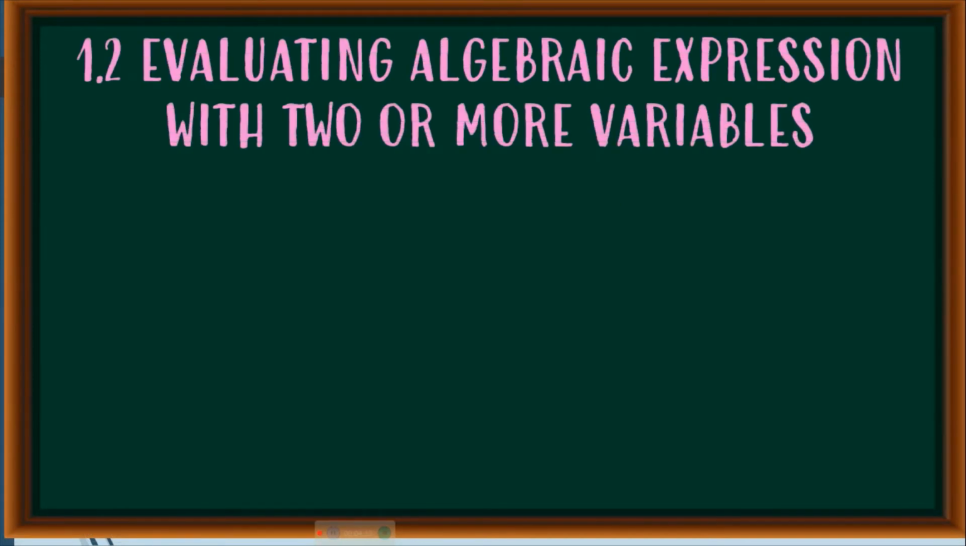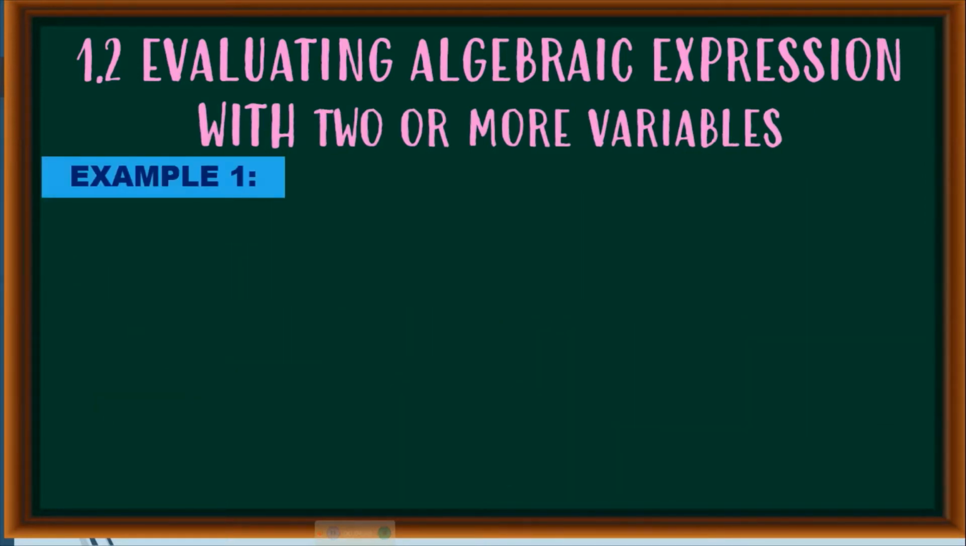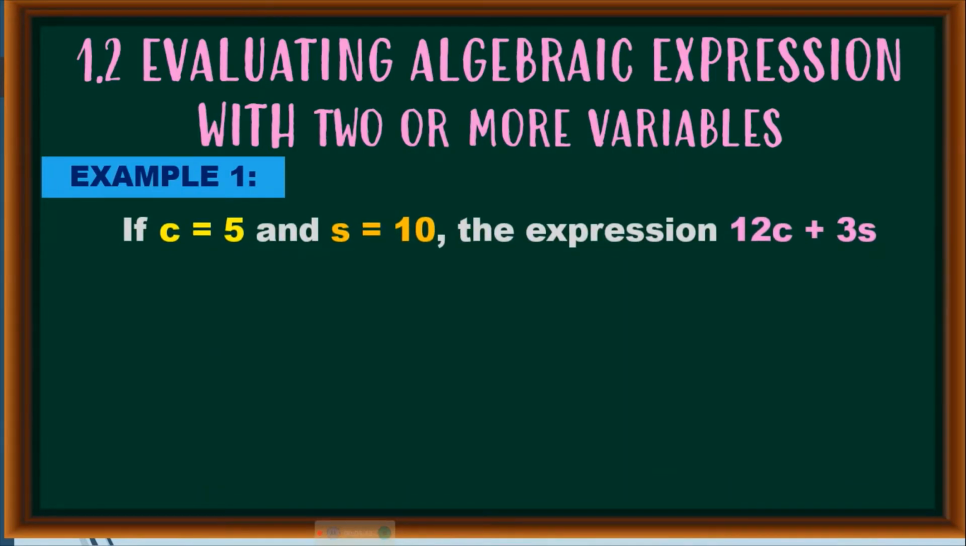Next. We have evaluating algebraic expression with 2 or more variables. Kanina, nag-iisang variable lang siya. This time, 2 or more variables. To evaluate an expression with more than one variable, simply substitute the corresponding value of each variable into the expression and simplify. Example. If C is equal to 5 and S is equal to 10, the expression is 12C plus